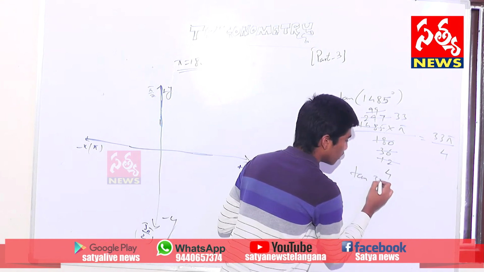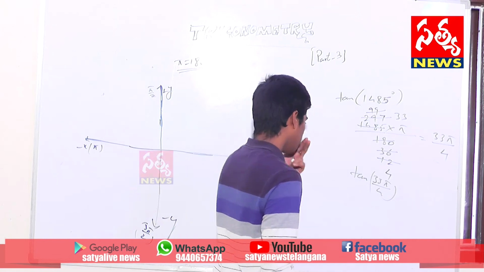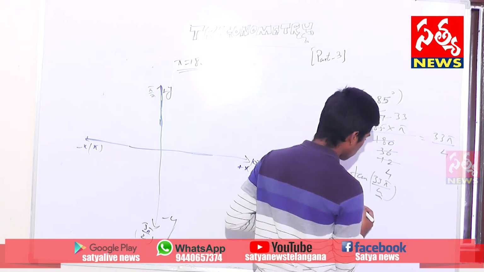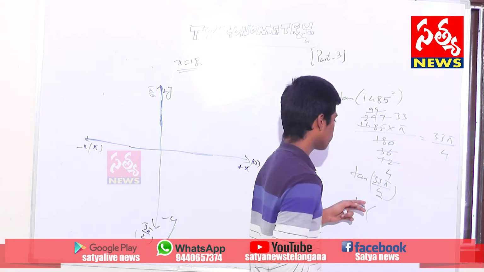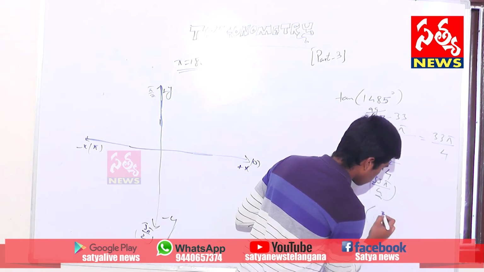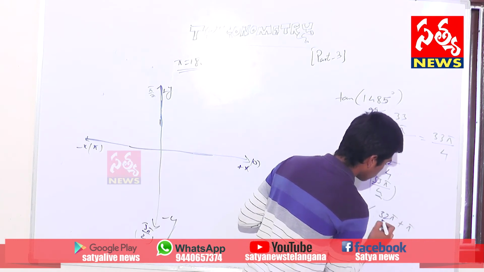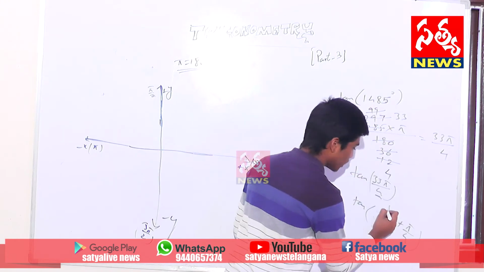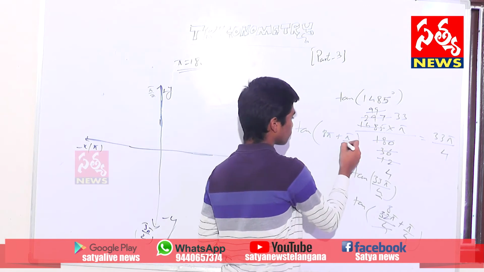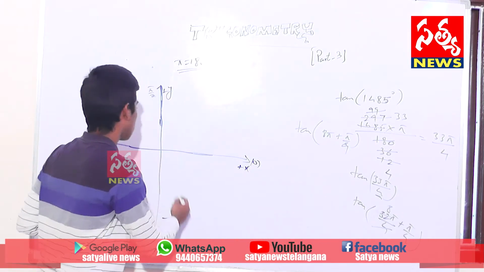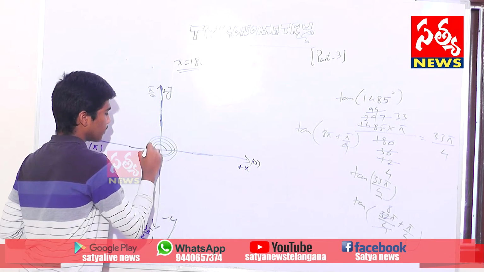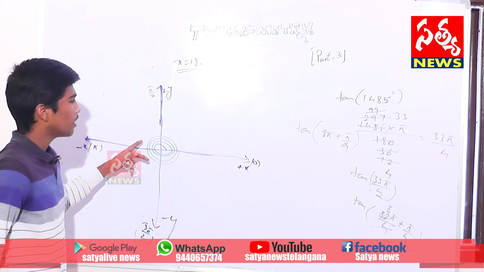Tan of 33 pi by 4. Now simplify it. What will be nearest in the 4 table? 4 8s are 32, right? We can write it as 32 pi plus pi by 4. 4 8s 32, and we get tan of 8 pi plus pi by 4. 8 pi, see here, 1, 2, 3, 4, 5, 6, 7, 8. Here 8 pi is okay.